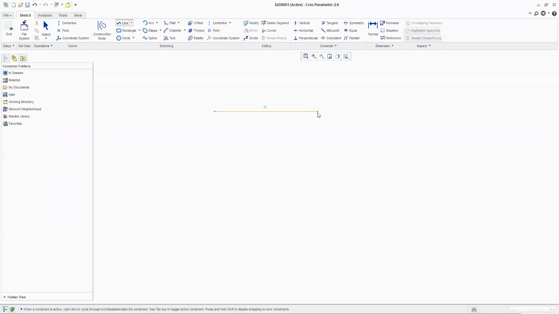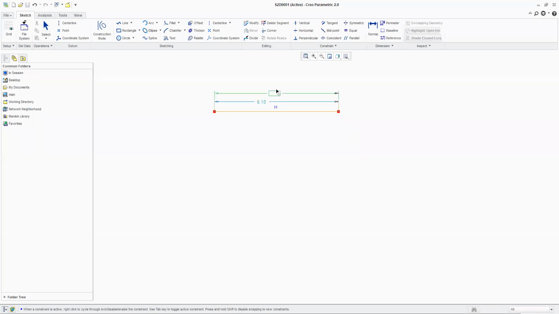Now there is something called a constraint in Creo. What do you mean by constraint? That H which you see over there, in green color, H. So that is called a constraint. Now I drew this line and then I pressed the mouse middle button to confirm that line. Again I pressed the mouse middle button to confirm the command.